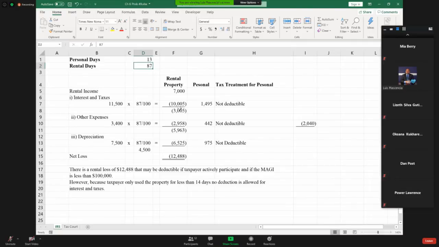In this case, I'm assuming they will take the standard deduction. We don't have enough facts to determine if they have enough to itemize. But yes, you'll take the standard deduction or the itemized deduction. Remember, in terms of the two types of taxpayers that are not allowed to take the standard deduction, we went over this the first week. Individuals that use married filing separate and the other spouse itemizes, that spouse can't take the standard deduction, so